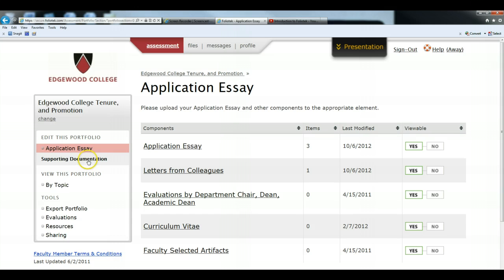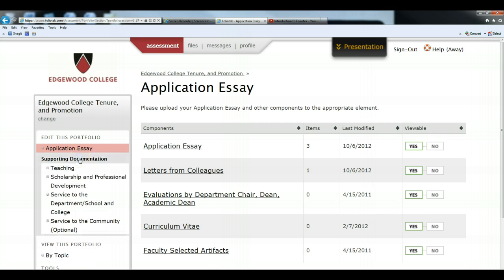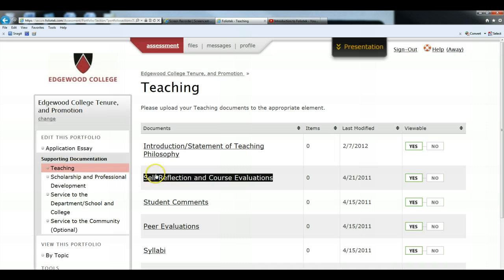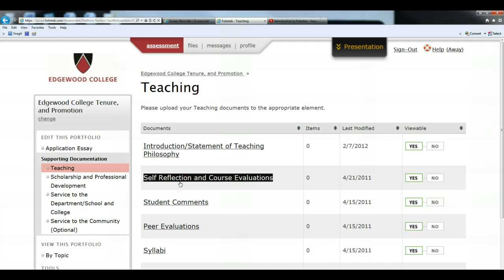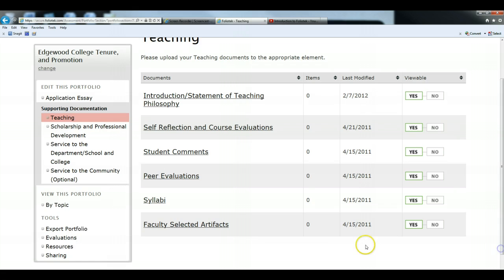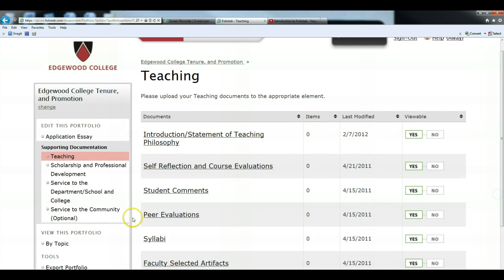There's another area which is called supporting documentation. This area asks you to upload files related to your teaching. I'll click on that so you can take a look. An introduction, statement of your teaching philosophy, self-reflection and course evaluations, student comments, peer evaluations, syllabi, faculty selected artifacts, anything that you would like to add that you believe demonstrates your teaching practices, your teaching philosophy,